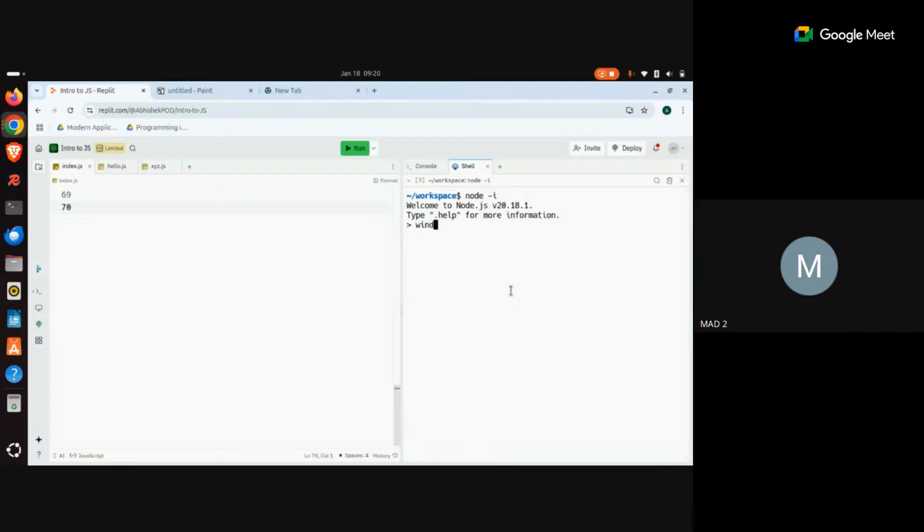And now I will type window. So here I am actually getting an error saying that window is not defined. That means it is not able to find out what the meaning of window here is. But when I try to do the same thing,